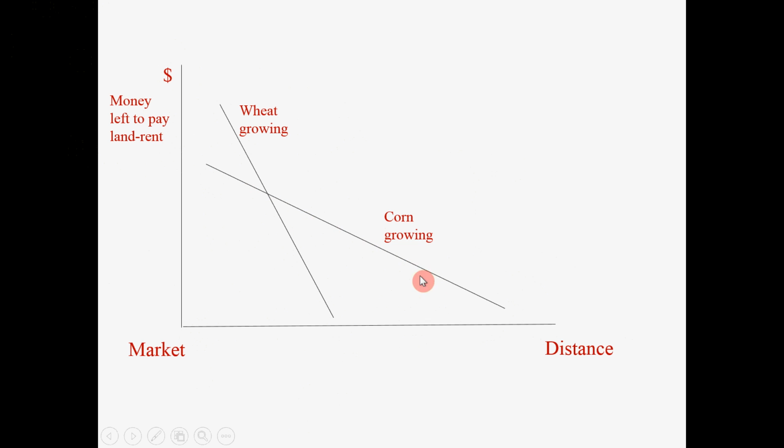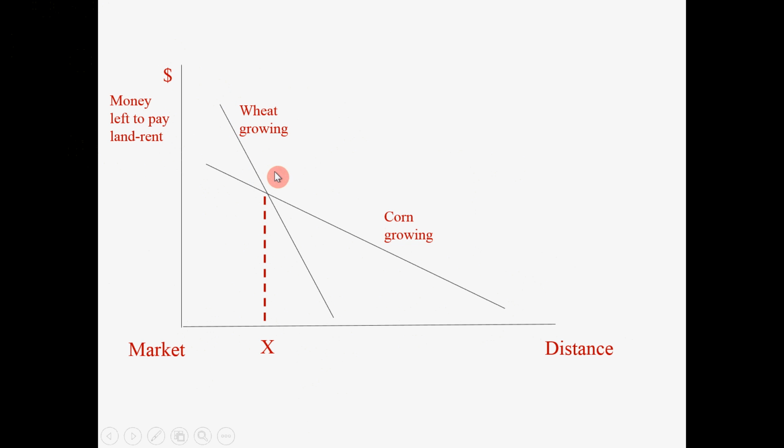Now, when you look at this graph, can you decide what part of land should be used to grow wheat, and what part of land should be used to grow corn, and why is that? Well, it's clear that here is a divide. The place where the two lines cross is a dividing location. Before this point, the land should go to whom? Go to wheat growing farmers or corn growing farmers? It should go to wheat growing farmers